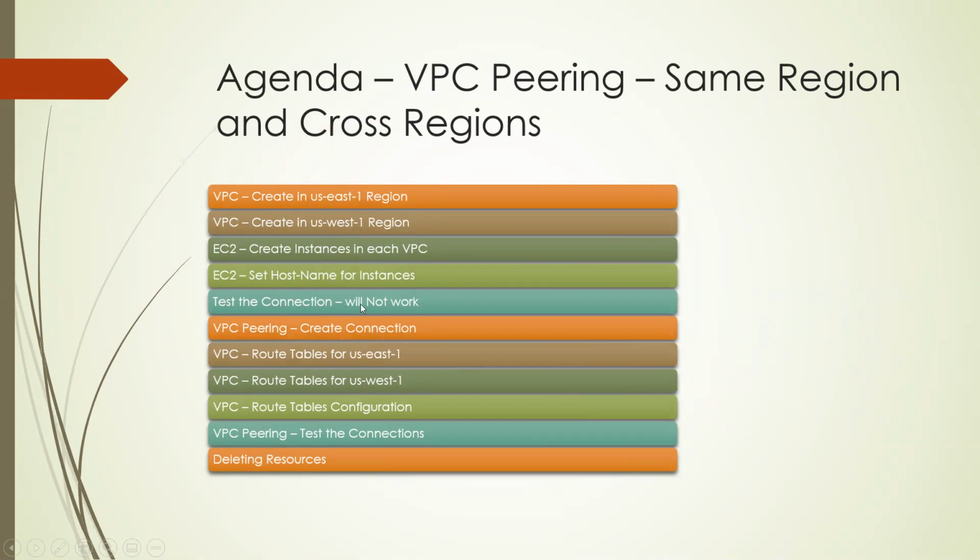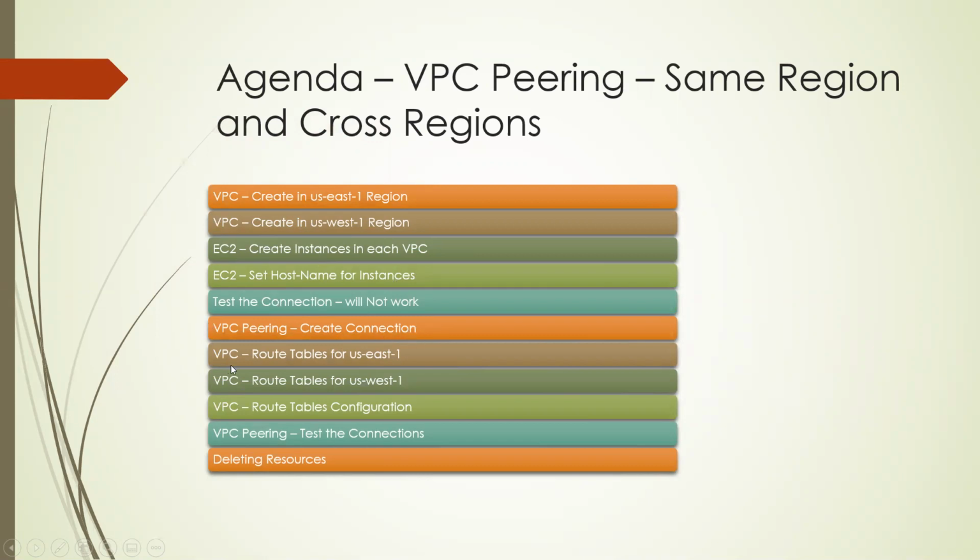After that, we will test the connection between them. We will try to ping the internal IP from one machine to another machine. That time it will not work because AWS does not provide that, so we cannot access systems in the other VPCs, right? So after that, we will go and create the pairing. So we will create the connections. We need to create 6 connections. We will see this in this section.